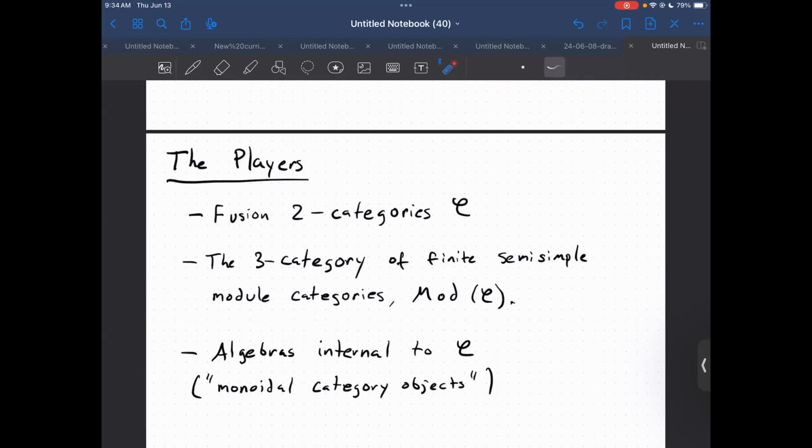So what do we need? We'll need to talk about fusion 2 categories. There are 3 categories of finite semi-simple modules and algebras internal to some fusion 2 category. So those are monoidal category